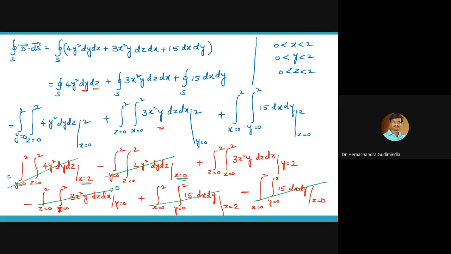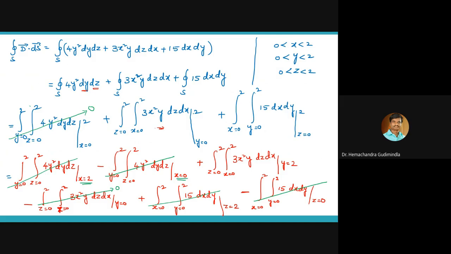Now here, if you look, x is varying from 0 to 2, but there is no x inside the term, right? Simply you just cancel. There is a y term over here. There is no z term over here. Sir, I felt this is a very difficult step. So what we need to do is simply check whether x is there or not. If x is not there, directly you can write that this term will become 0. If you know that, in this step itself this term will become 0.